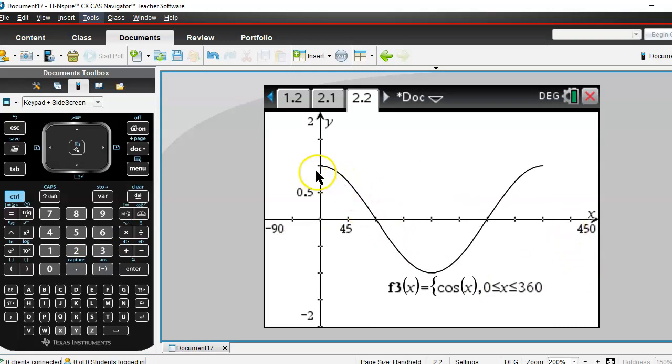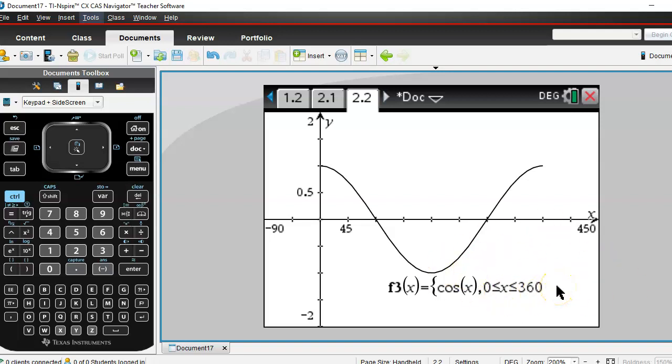So here I've just got the one cycle, the one cycle happening, and it's really clear. And sometimes you'll see that you're asked just to look at one cycle of our